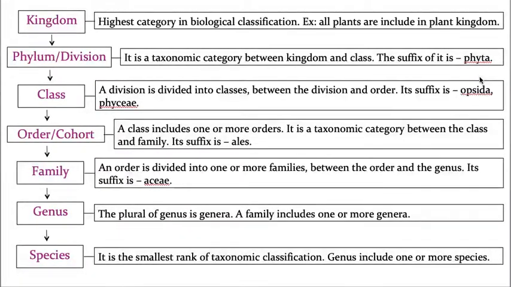But please understand, this is a very important thing. Not every time. For example, if you go to animals, are you calling it Poriferophyta? That name never exists, dears. I am talking about plants. For plants there are certain rules. For example, if you are following plant classification, then the phylum, that means the division, must end with phyta. But when you take animals, this rule does not apply.